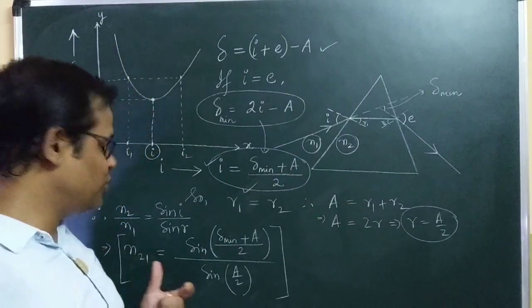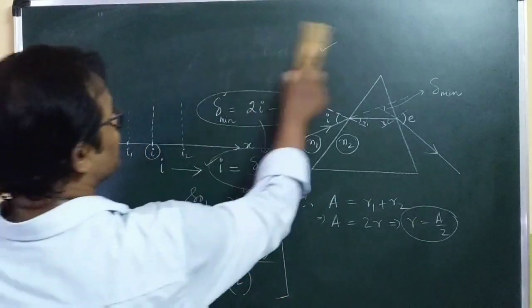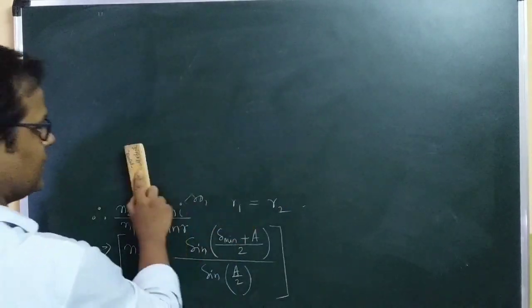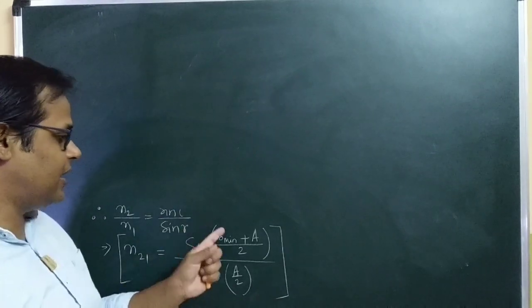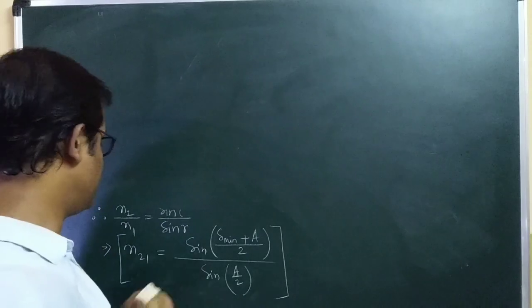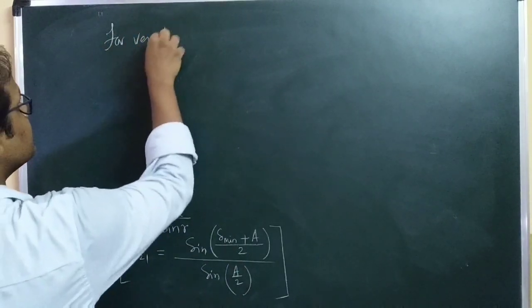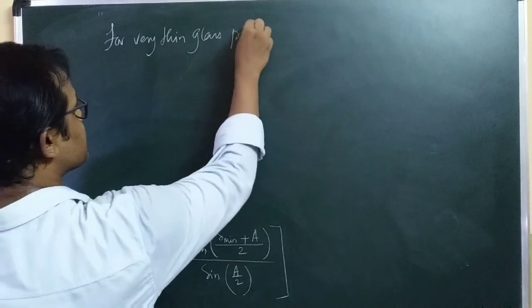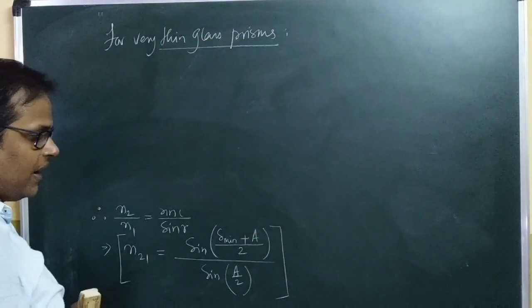We are in a very good position to learn about this entire thing. So we are going to end up the thing right now. So we got this expression, N21 is equal to sin of (delta minimum plus A) by 2 over sin A by 2. For very thin glass prisms, okay, for very thin glass prisms, you will find that